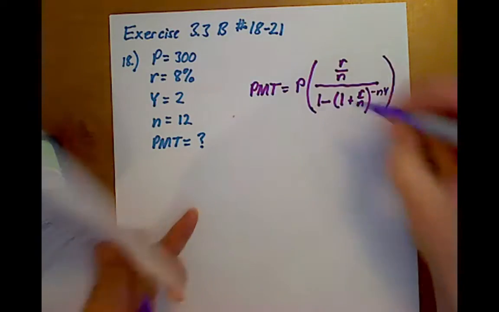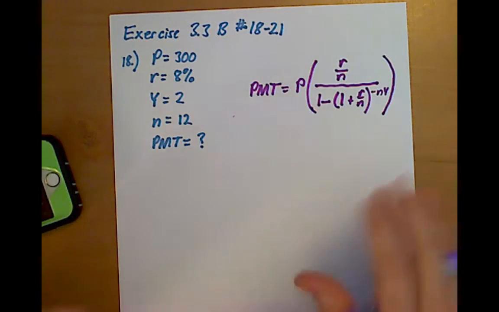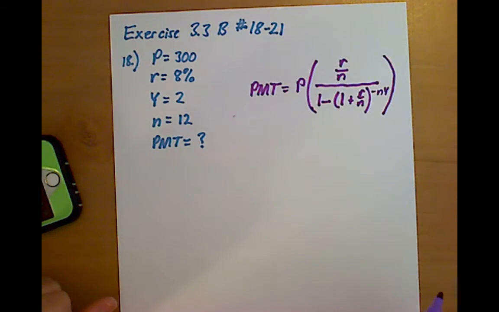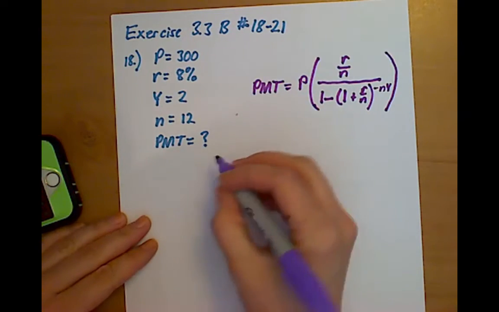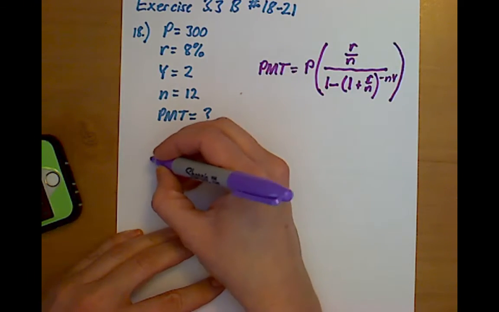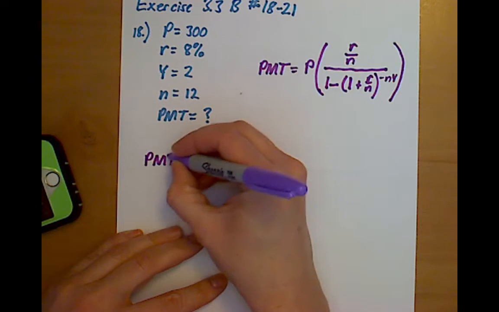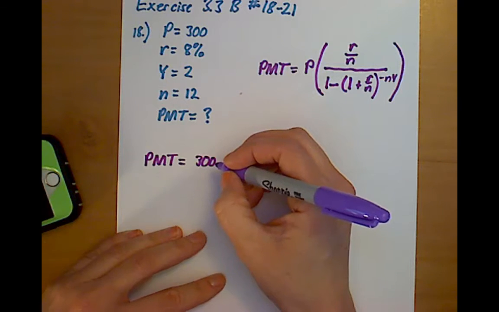That is a big formula, but all we're going to do is put the numbers in and then use our calculator to figure out what the payment is. You need to remember your order of operations here, and we'll get into that. So our payment is equal to 300